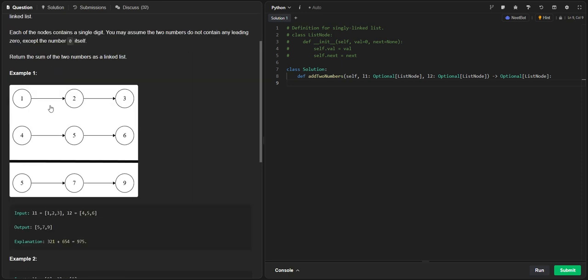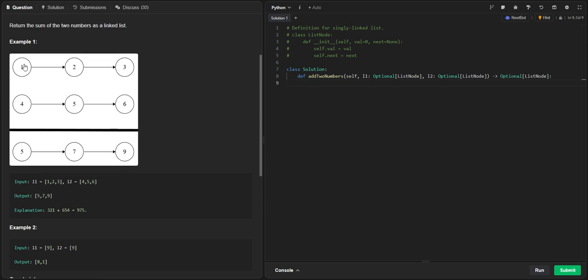So, for example, here, as you can see, they are adding basically 321 plus 654. The sum of that is basically 975, but you print that out backwards, so your output